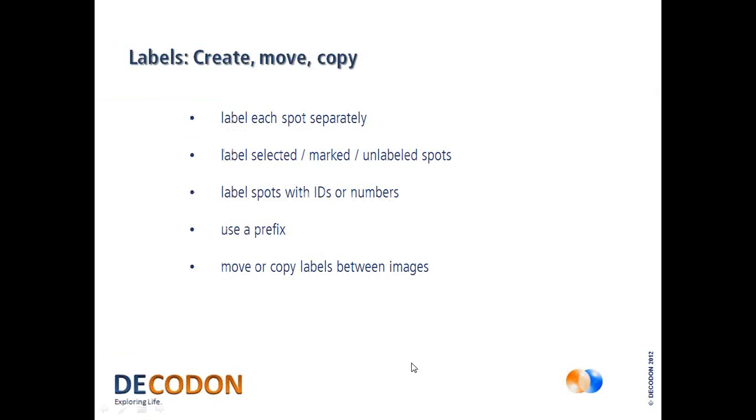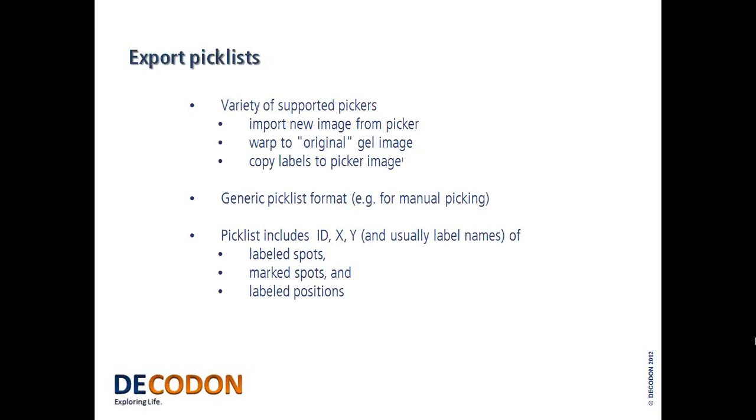Having labeled the spots, we can then export pick lists for these spots of interest. Delta 2D supports a variety of spot pickers, and it could happen that in the time that you have taken to analyze your images, the gel has been changed. It might have been dried, shrunk, whatever, so that the spots have moved slightly. You can avoid this by using glass plates or transparent foil-backed gels, but usually your gels will change,